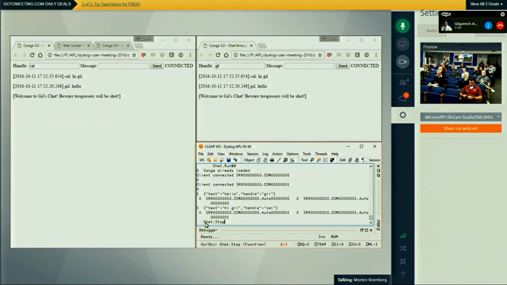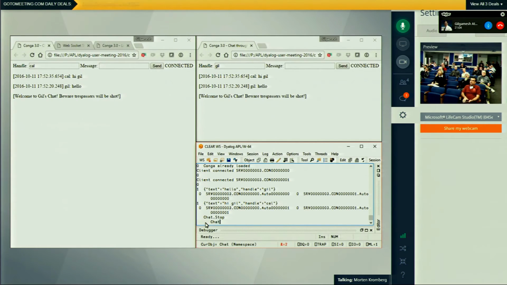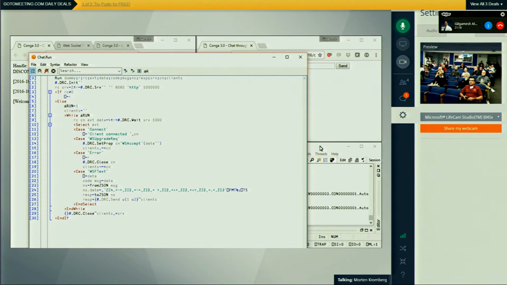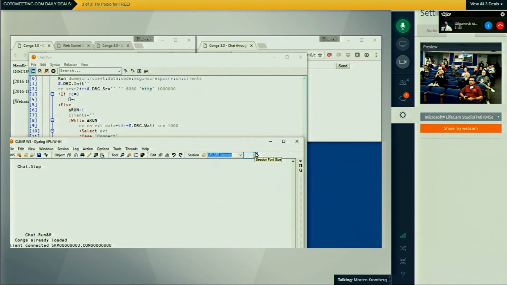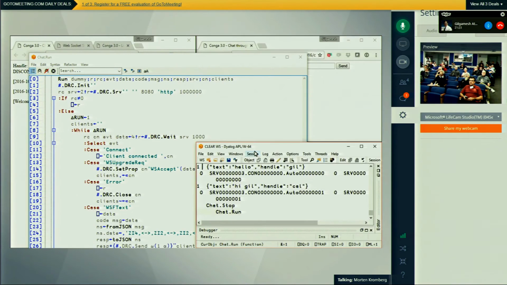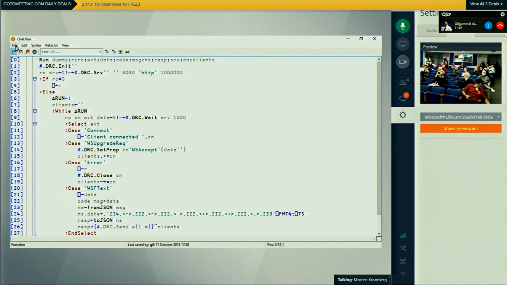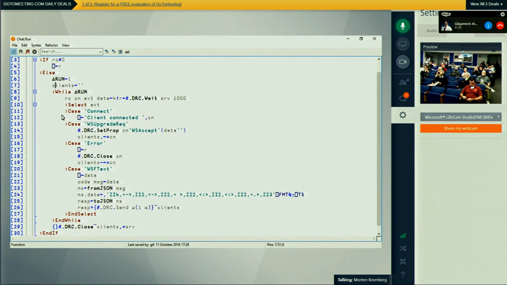And if we look at the actual code to serve this, I'm not using the classy approach that Morten presented. I can try. The windows are very small. Let's see. There we go. That's good. Right. So what we're looking at here is initializing Conga, starting a server, and if that's successful, I keep track of connected clients, wait for a connection.